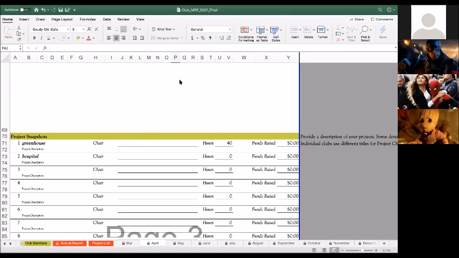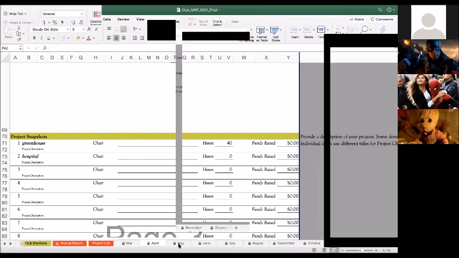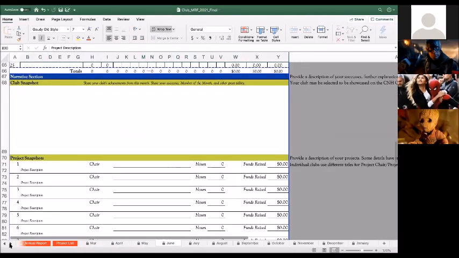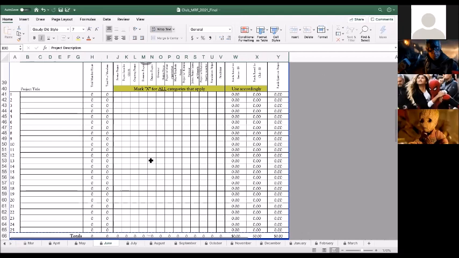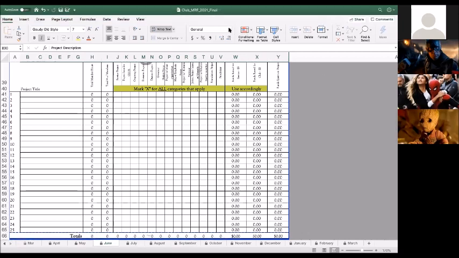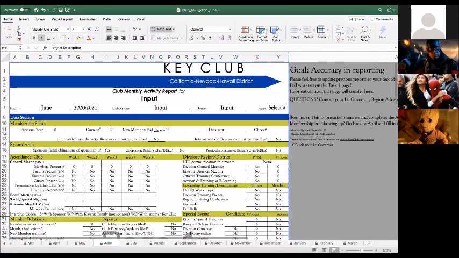Anything else? Okay. It's the same thing every month for each of these monthly tabs. And that is all for the MRF. So I will stop. Any final questions about any of the tabs in the MRF before we go back to the slides presentation?